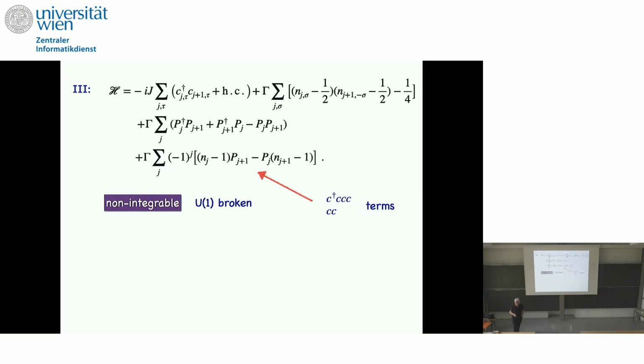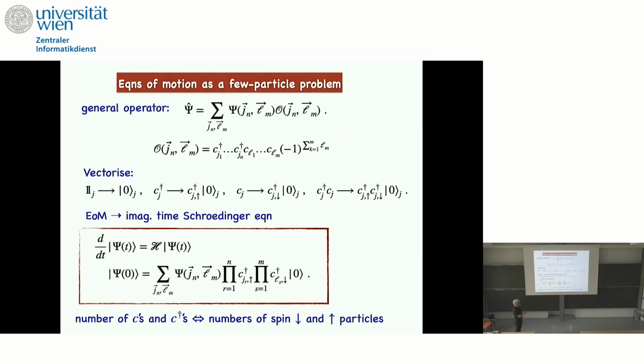Fabian. So this is going back a couple of slides, when you did the vectorization. Yes. There may be other choices you could have made, like for example, you could have taken sigma plus, sigma minus, sigma. And then you would have got some Pauli spin. Yes. I mean, so